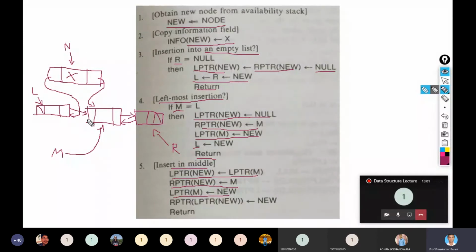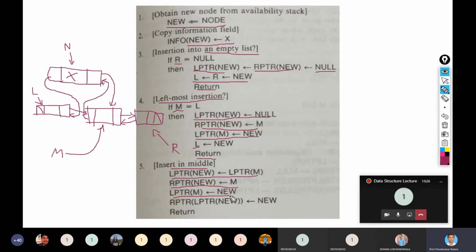So let me draw it. So now this left pointer is now pointing to this node.